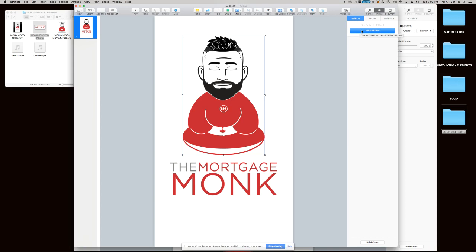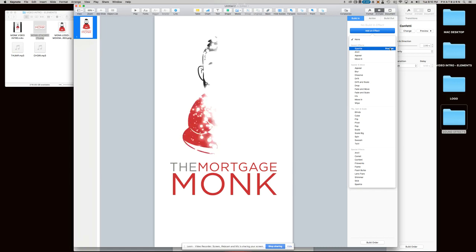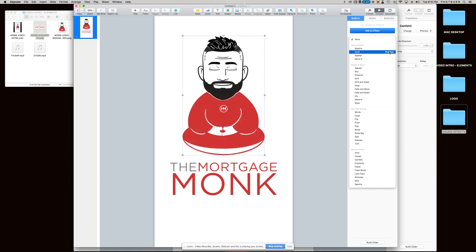So this is basically just how do you want this to enter the slide? All right, so we're going to add an effect, and if you see here, you can preview any of them, and it'll show you right here what effect it'll have on the element. I used anvil here, which is that hard drop, and then that little bit of dust that comes up. So to get that activated, I'm going to hit